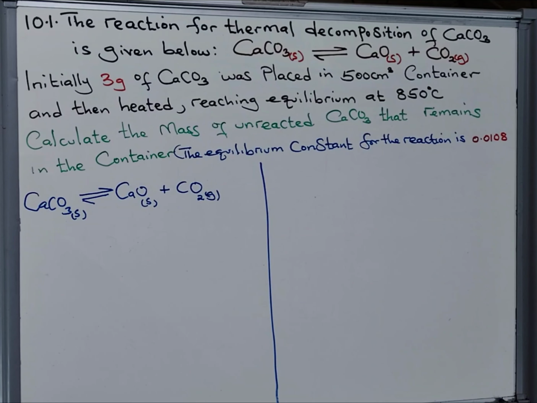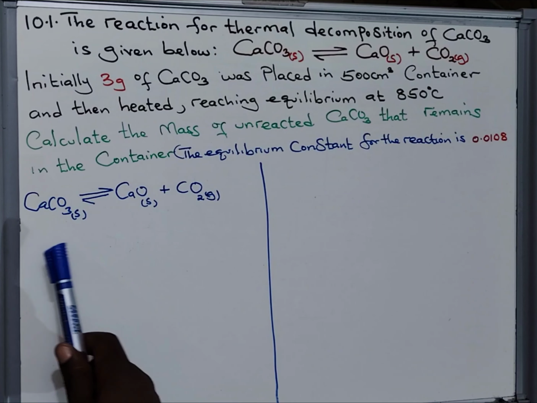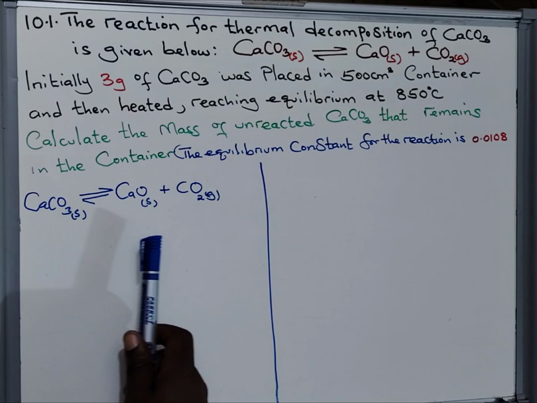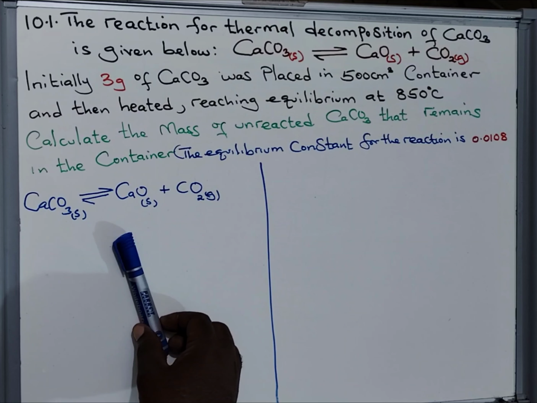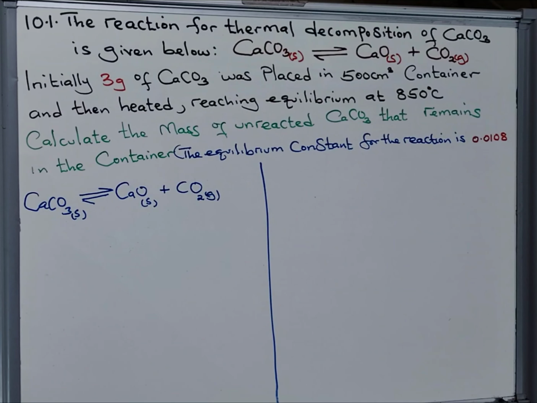Now, I need you to know that when you're writing the expression for the equilibrium constant, we omit solids because they experience very small changes during reactions. So they are almost unchanged. And remember, in equilibrium, we consider changes. So solids during reactions, they almost remain unchanged. So because of that,